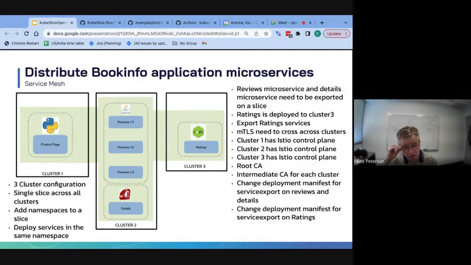So there's an opportunity there to get more familiar with KubeSlice config and how you can deploy it, as well as extending not just between 2 clusters, but a 3rd or maybe a 4th if you want to pull the details into a 4th one. So an opportunity to learn about how extending across multiple clusters can work. Again, it's the same applications and the same Istio, just deployed in another way.